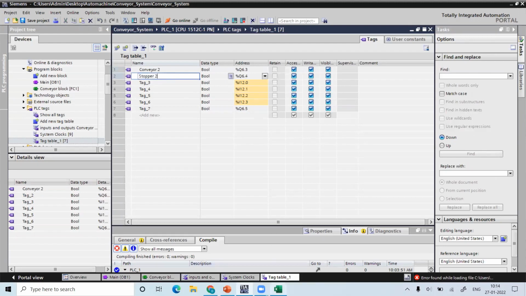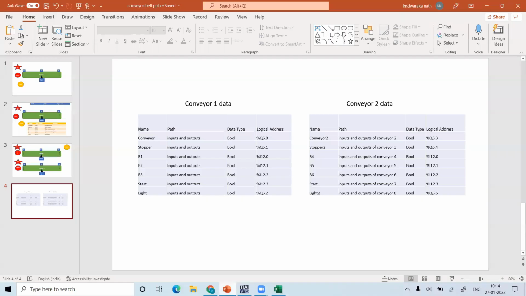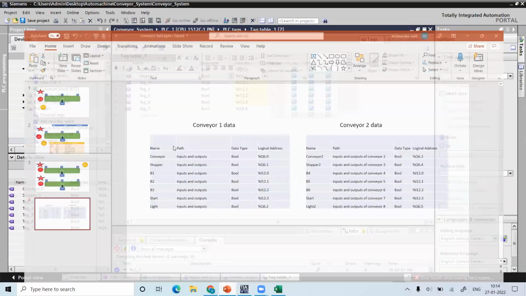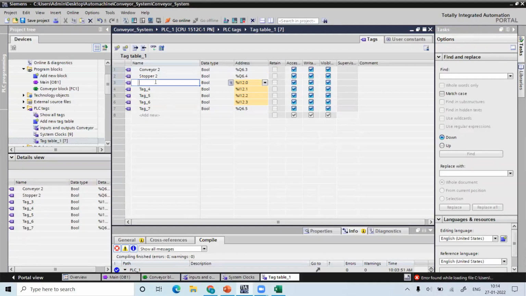And I12.0 is my B4, B5 sensors. This is B4. And this is my B5 sensor. And this is my basic sensor. And this is my start.